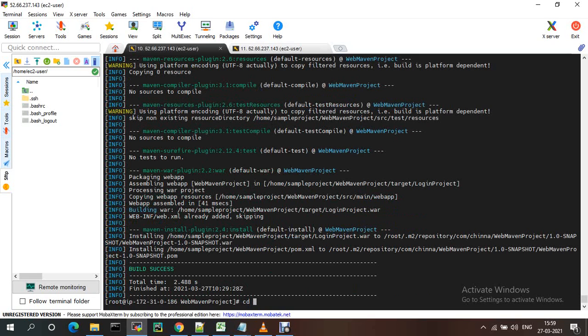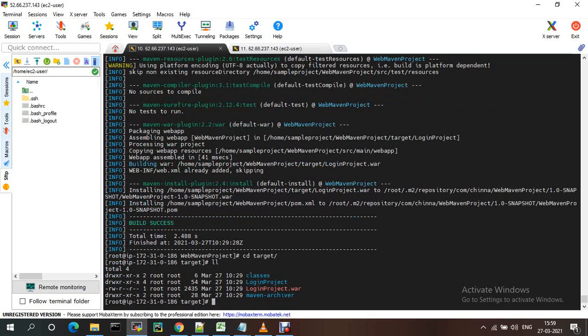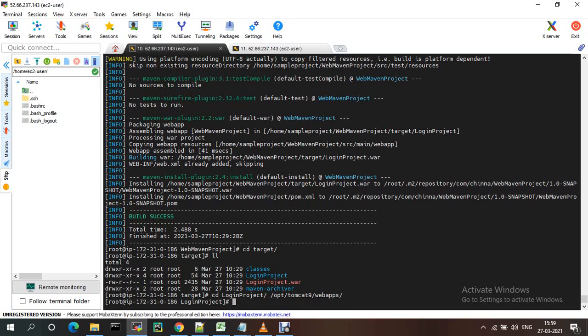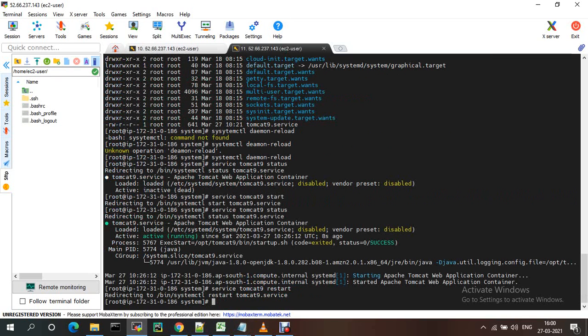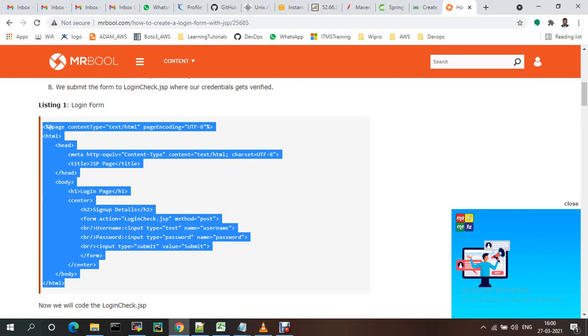You just need to move that file into Tomcat, cd tomcat9 webapps. Then go to the Tomcat location and do a restart, and just refresh the home page.